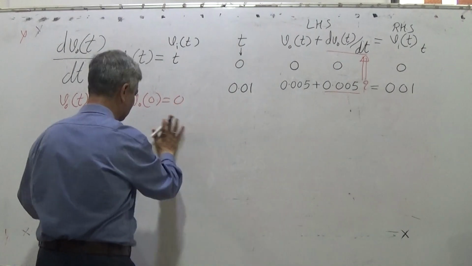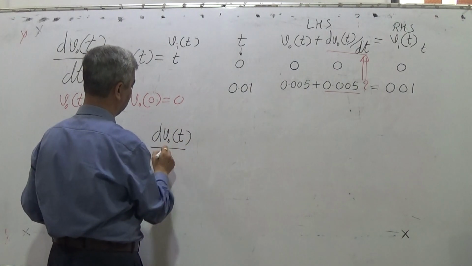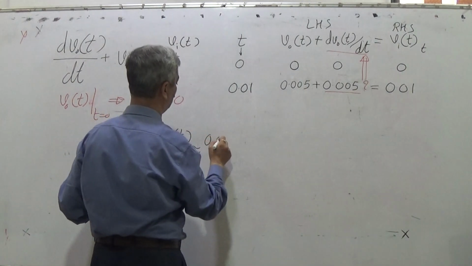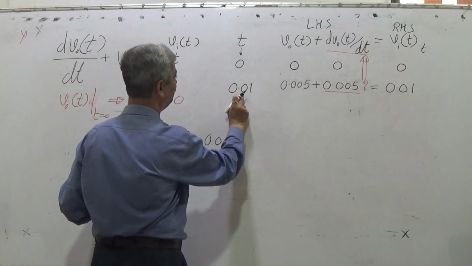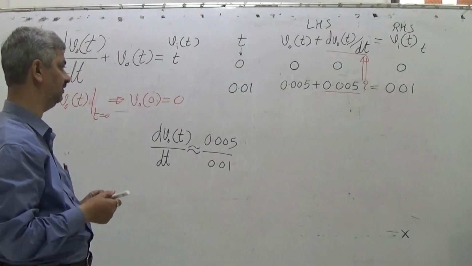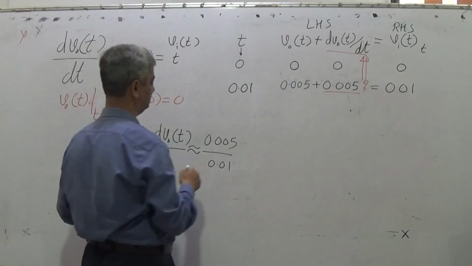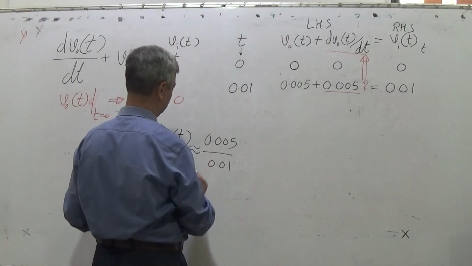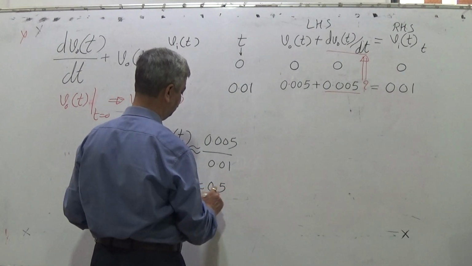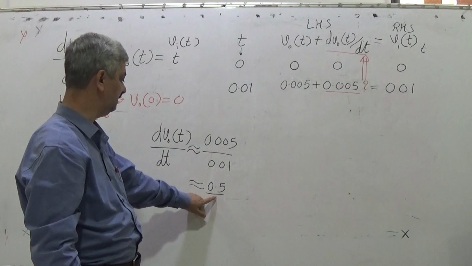I am explaining in an extremely simple manner. dVOT upon dt is approximately equal to 0.005 upon 0.01, which is 0.5. So dVOT by dt is 0.5,